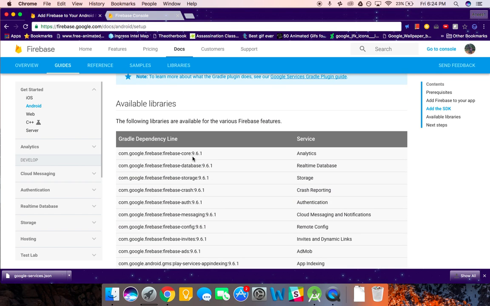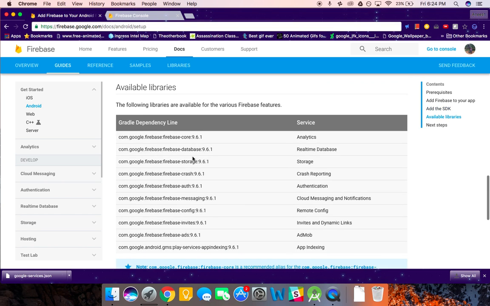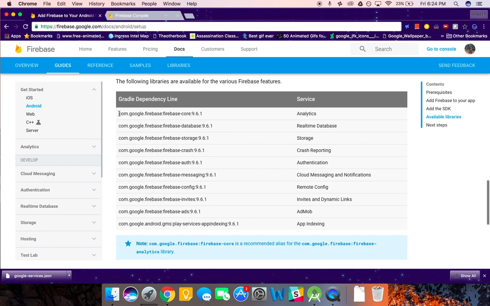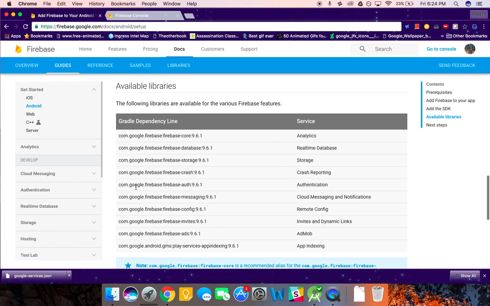Now what's interesting is that you may have some experience with how Gradle works, and you'll know that you can add external libraries into your project. The thing is that Firebase has a lot of libraries, so adding Firebase as a whole would be a little bit too much. So they split it up into different parts. There's database storage, authentication, messaging, and you just take what part you need. So let's say you want to take authentication. You'd copy this part,